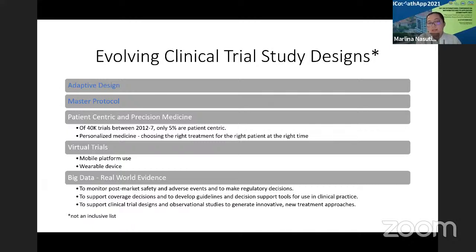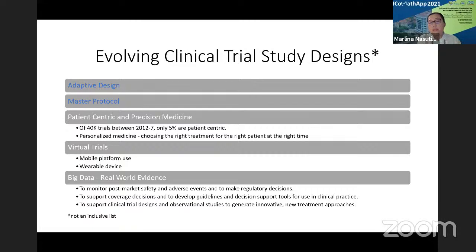And this patient-centric approach is somehow linked to precision medicine as well. Precision medicine is another arena, but it's closely related to patient-centric, because basically precision medicine, or personalized medicine, is trying to choose the right treatment for the right patient and at the right time. So why can we do that now? Because of the advancement of technology, we are able to identify, for example, biomarkers, basically molecules in our blood, that can tell us whether the body does a normal process or an abnormal process that may indicate the presence of a disease. So that's why personalized medicine is now booming,